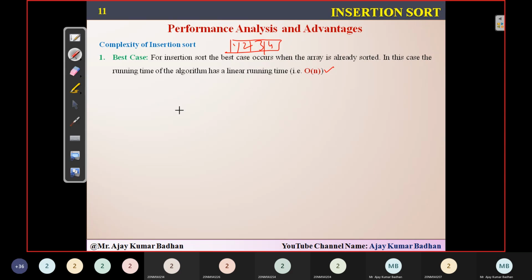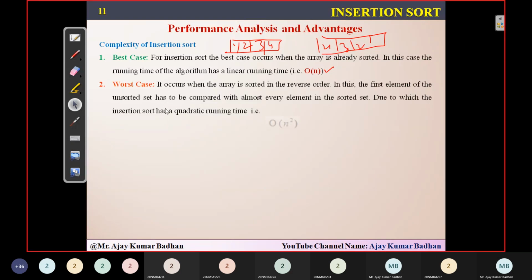But in case you are giving it in reverse order, 4, 3, 2, 1, or you have an unsorted list, that is the worst case, then definitely the insertion sort will have a quadratic running time. It means it has to compare with the previous elements, however many we have, that many elements.